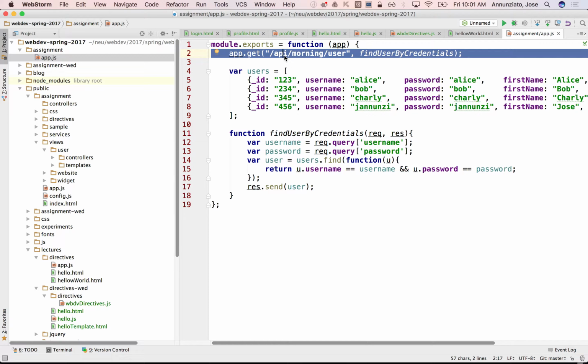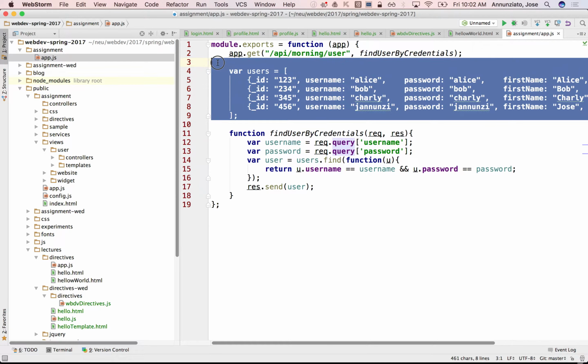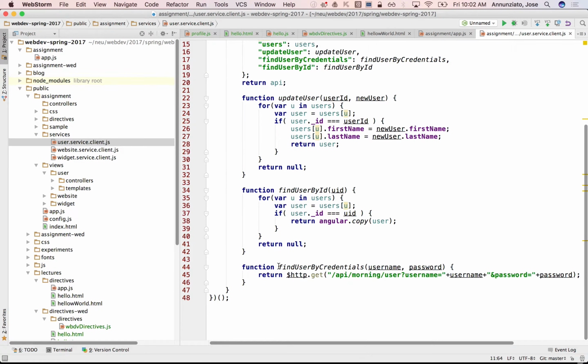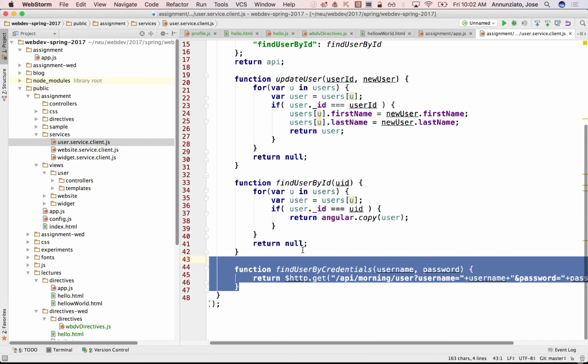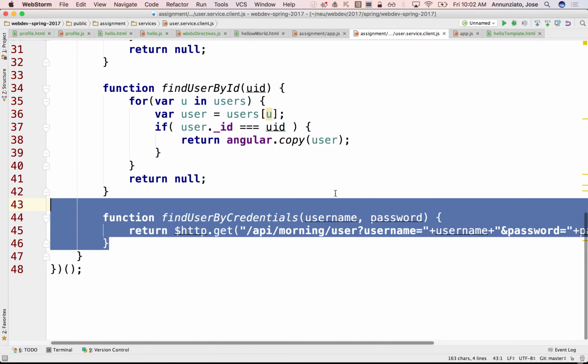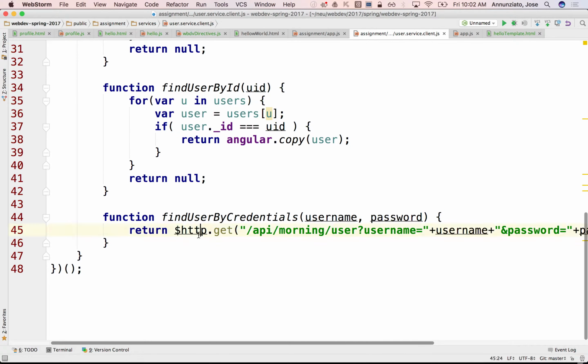So the client is going to send a GET request with a username and password in the query string, and then we're going to use that to find the user in this array. Right now it's currently being used by the service on the client side. This is the service on the client side that we rewrote, the findUserById in the web service, so that instead of looking for this username and password in the local array,